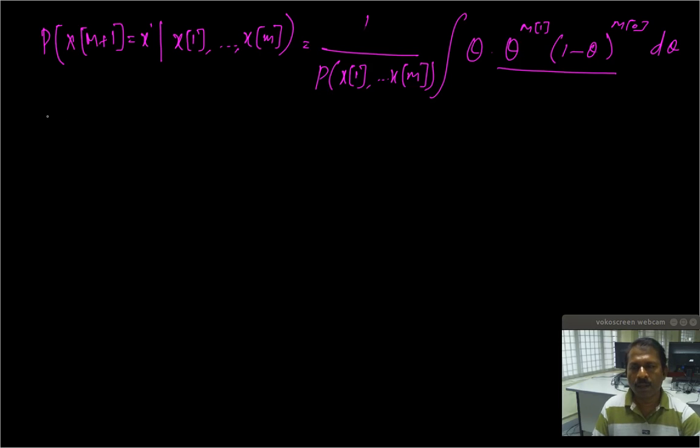We are not going to go through the solution, the computation of these steps you can try out, but I will write the final solution. Solving this, we get P of the next coin toss,